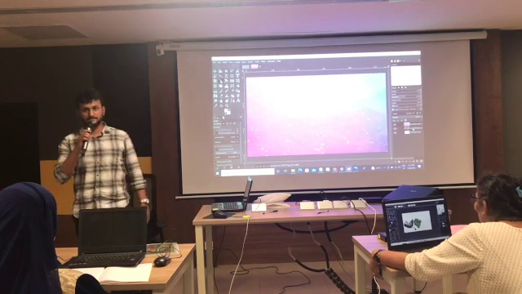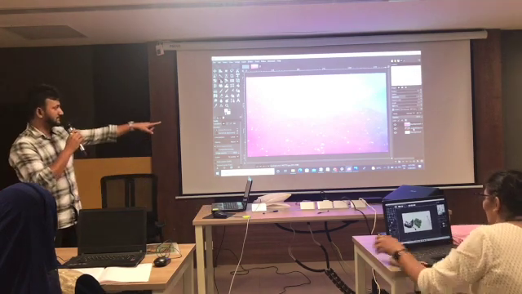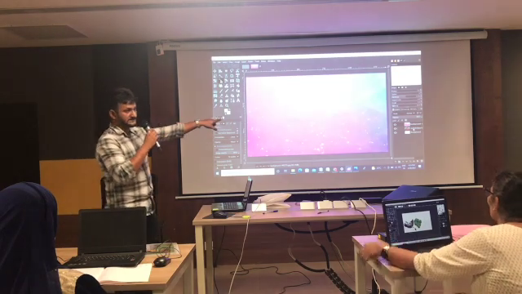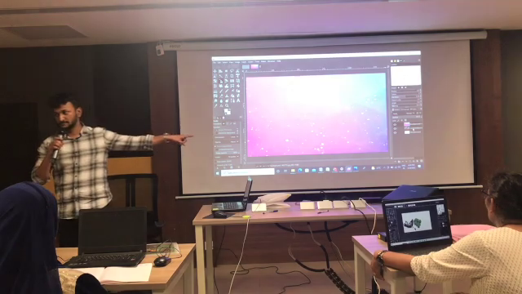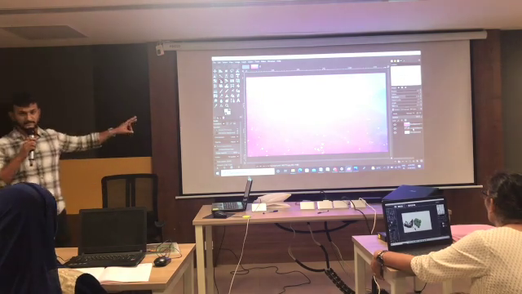Teachers, see, I have mentioned my first layer is the second picture, the middle one is there, no? And the second one is that background. So I have to rearrange it.